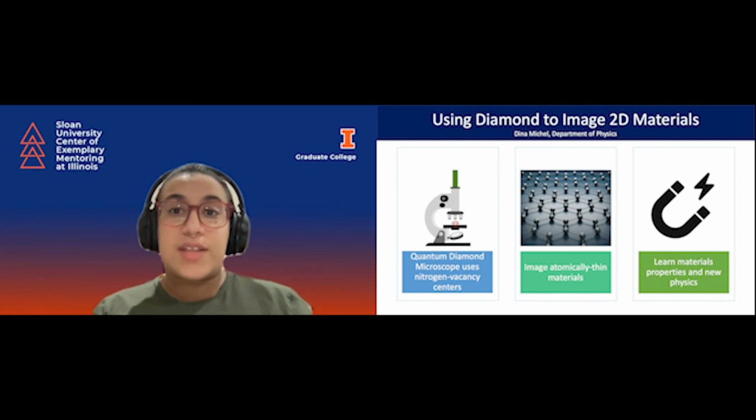There are materials that can be peeled apart or exfoliated, as it's called, into single atom thick layers, and they're called two-dimensional materials because they resemble a sheet or a two-dimensional plane once they're in that state. This class of materials is of great interest to academic research because it's a platform for potentially observing new and exciting physics. It's also of great interest in industry because it can be applied in a wide range of areas